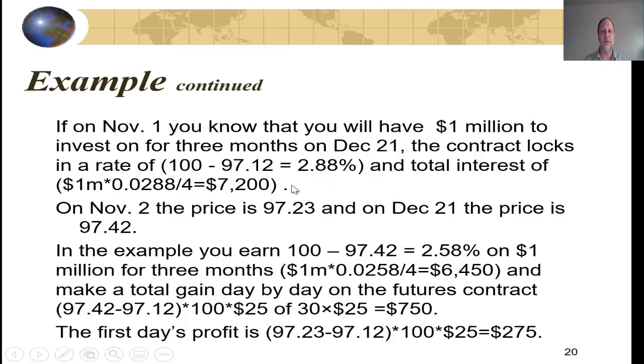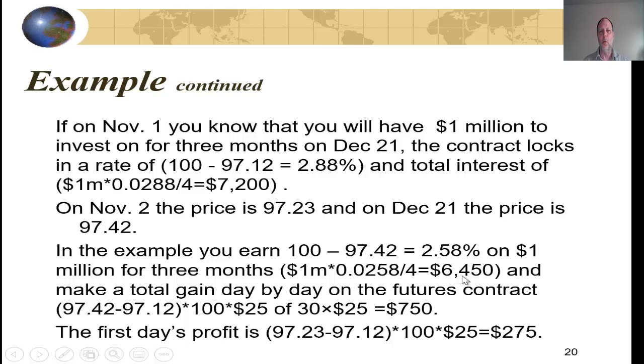But this profit is going to be split into different components. On November 2nd, the price is 97.23, and on December 31st, the price is 97.42. So it keeps going up, or the interest rates keep going down. In this example, the actual interest rate you're going to get if you invest on December 31st is 100 minus the 97.42, or 2.58% on your $1 million for 3 months. So that's going to be $1 million times 0.0258 divided by 4, or